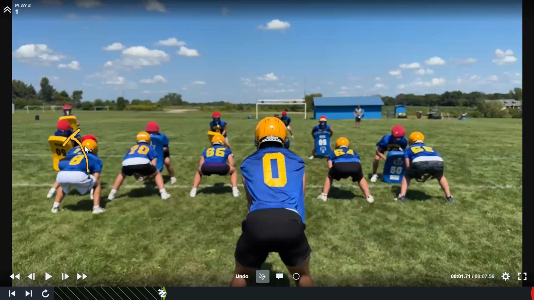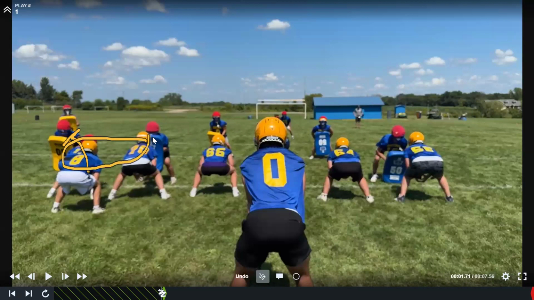And then the tight end knows he's blocking his gap, doubling to the first backer inside. So this should be a TED call. The tight end will say TED, TED, TED, so the tackle knows that he's doubling with the end. The tackle has a base block, trying to throw this guy into his gap. Now, the one thing we haven't talked about is a combination block. Yes, this is a double team where two guys are blocking one down defender, but it is a combination block. And what that means is that these two guys